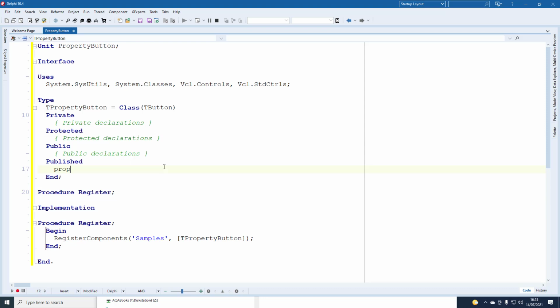Now we want to create a property, so we use the template name propF and then press Ctrl+J to get the live template. We'll change the name to PropertyButtonVal, tab to the type field, change it to Integer,